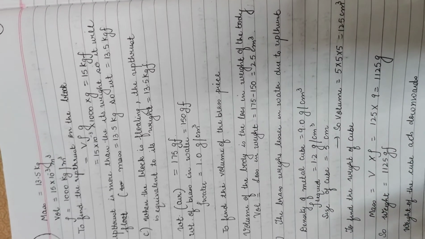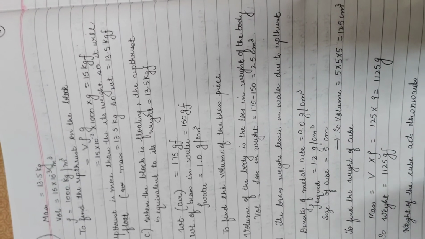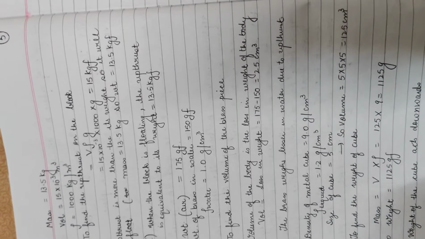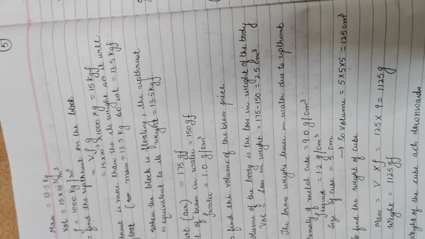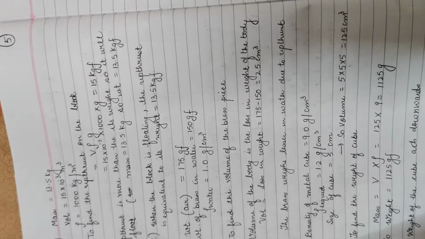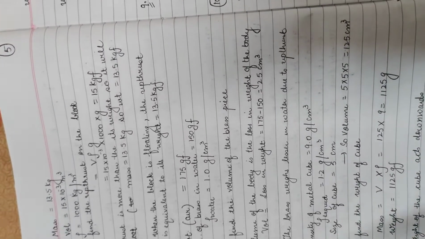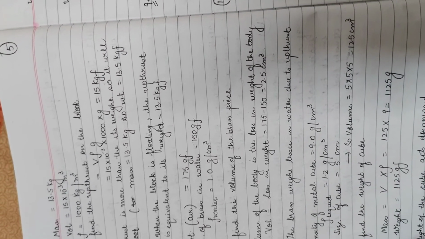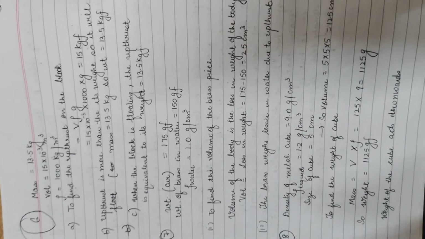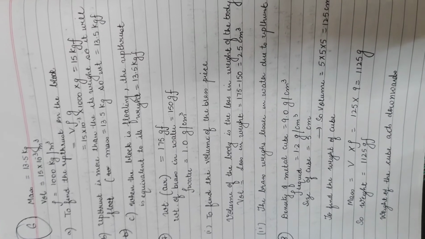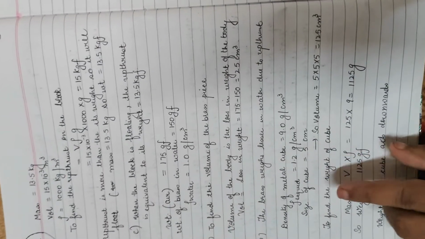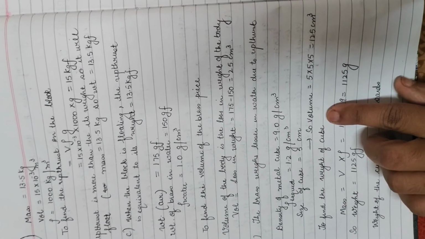Density is given to you, and it is suspended by a thread. You know, when we tie something with a thread, the force is acting in the upward direction. So we have to find out the tension in the string. But in this question, the tension in the string will definitely be equal to the apparent weight of the cube, because now the cube is immersed in water. When the cube is immersed in water, no actual weight of the body is there, only apparent weight is acting. So very simple in this question to find out the weight of the cube.